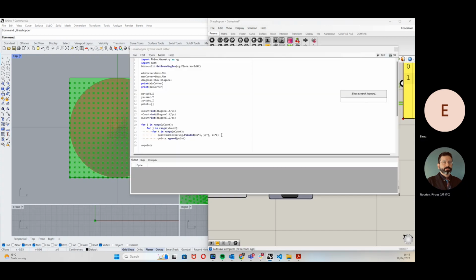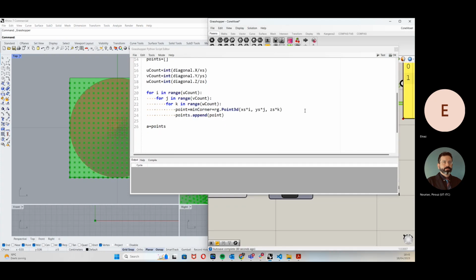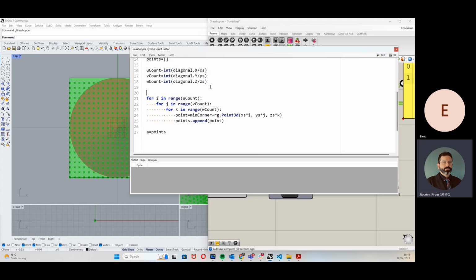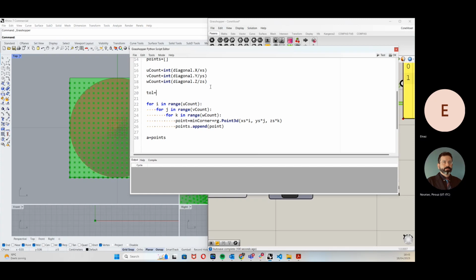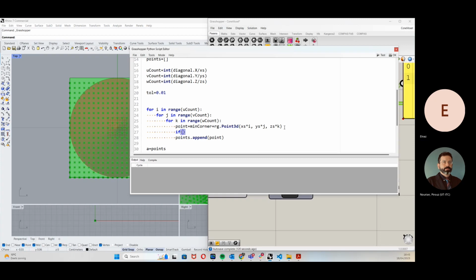So then let's define, I'm not so sure if it's necessary, tol for tolerance equals some number, 0.1, and let's say if point minus minimum corner.x larger than tolerance